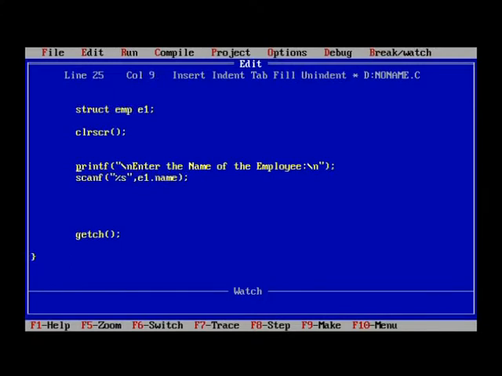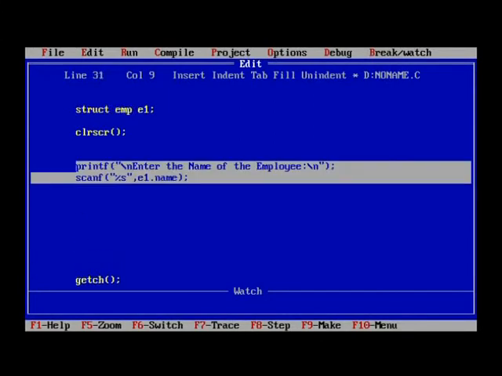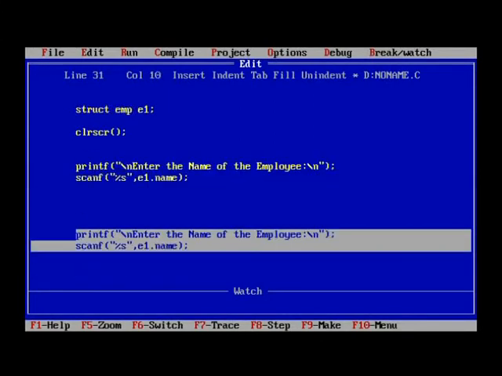What I do is I will simply block this and paste this. Employee is so and so, and then instead of scanf, it is printf.